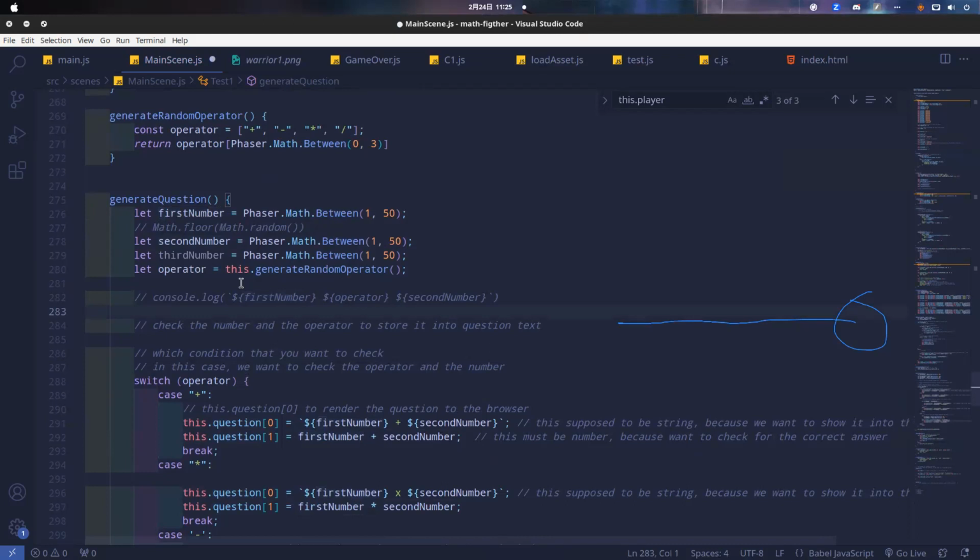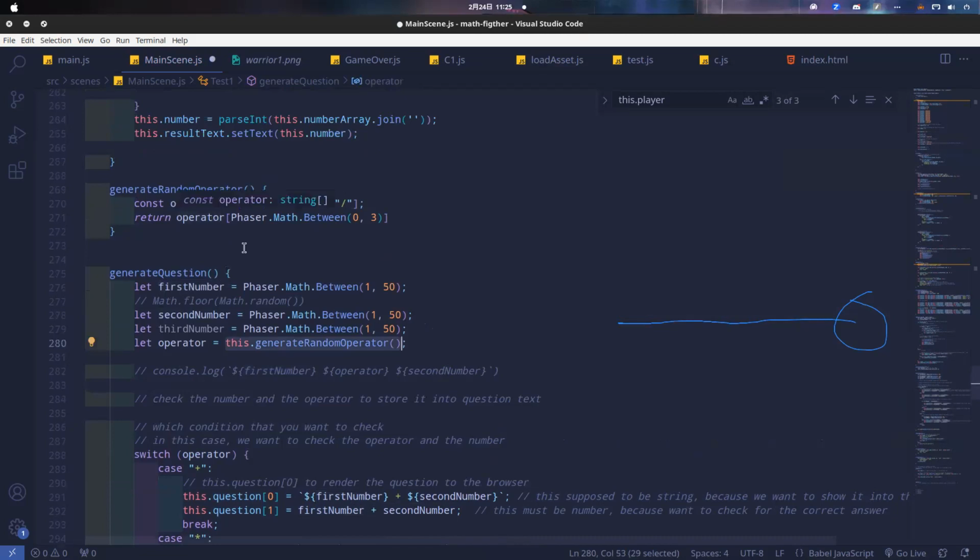And let operator, the value is from this method, generate random operator. Inside this one, we have an array, and inside this array, we have several math operations. Then we randomize it between 0 and 3. Why 0 and 3?